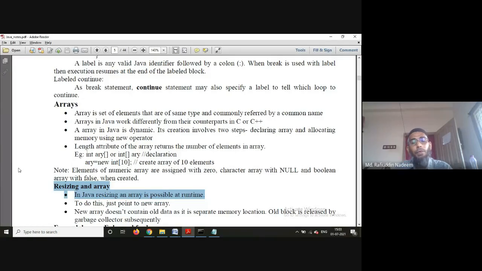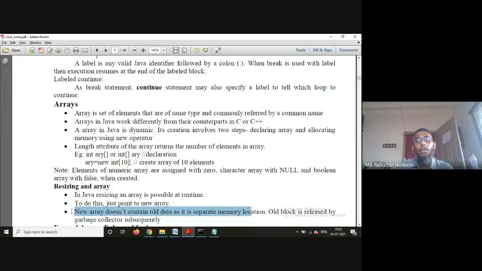But what happens here is whenever a new array is created, the new array will point to a new memory location, and it does not contain the old data. Whatever data is there in the memory will be lost.